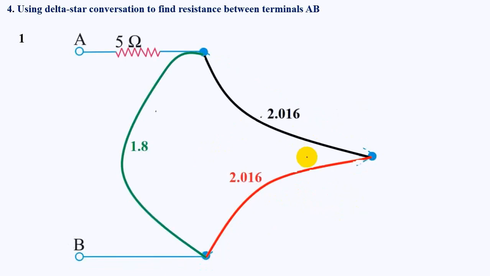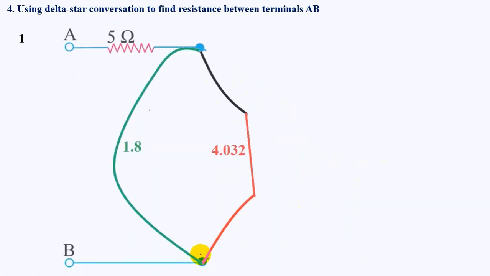Once you have done that, again start from scratch. Check if they are in series, then parallel, then star delta. So let us start. What do you think? In this step, do you think any elements are in series? Yes, these two elements are in series. You can see that these two elements are in series. Thus, this is your answer, 4.032. We have applied the series concept.